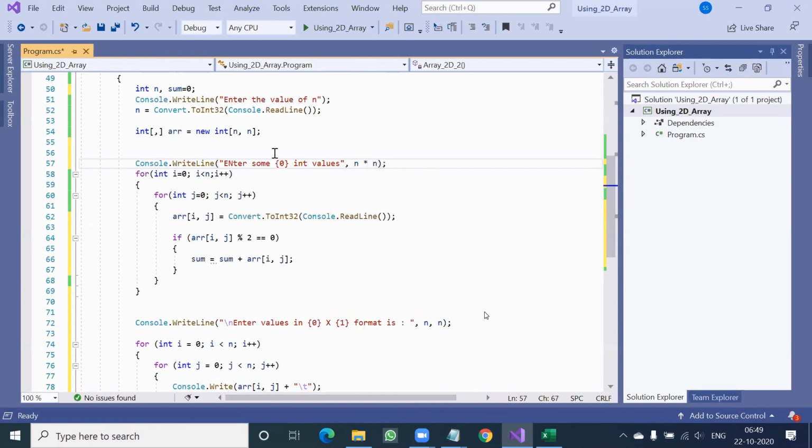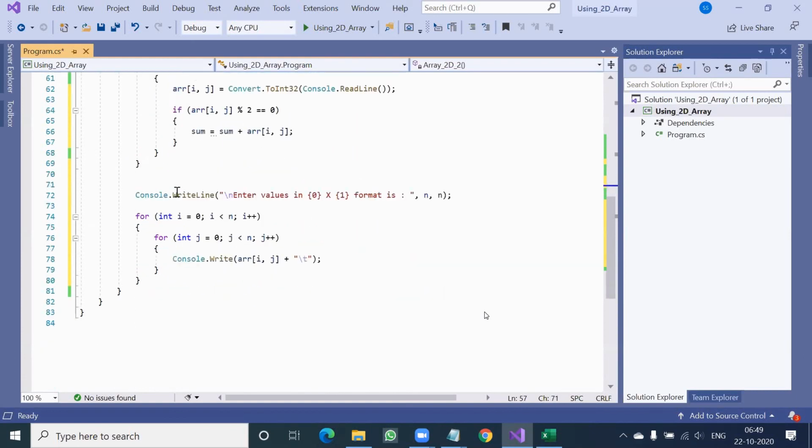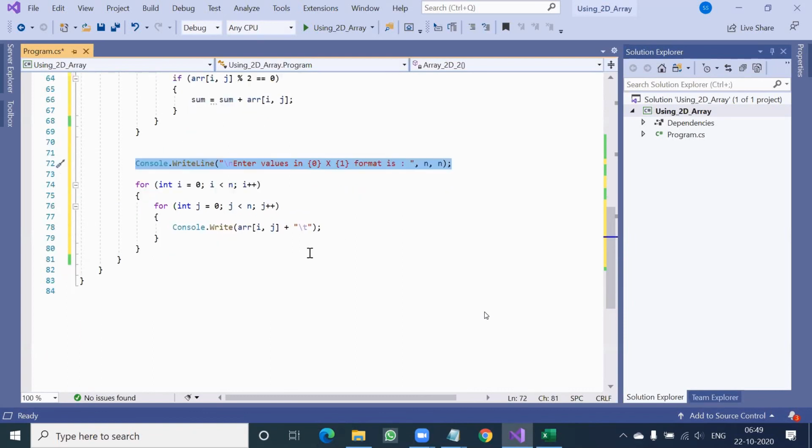Because if n is row and n is column, then n multiplied by n will be the total number of values. So if the user is entering 3, then 3 into 3 is 9. So it will ask you to enter 9 values. So here it will also say 3 by 3 format is so and so.